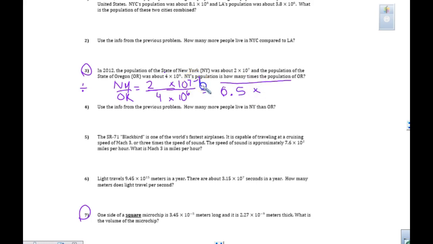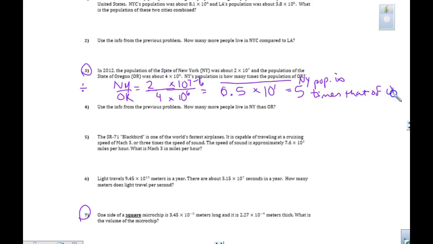Subtracting 7 minus 6 gives us 10 to the 1, so it is not 4 like it says in the back, it is 5. And we would say New York's population, they asked us, is 5 times that